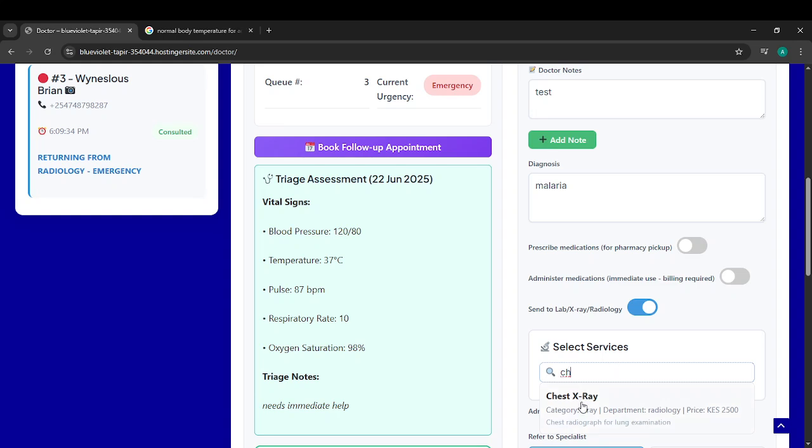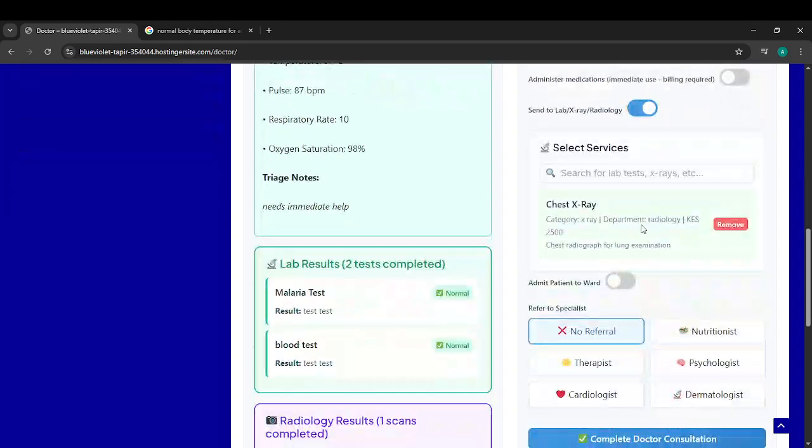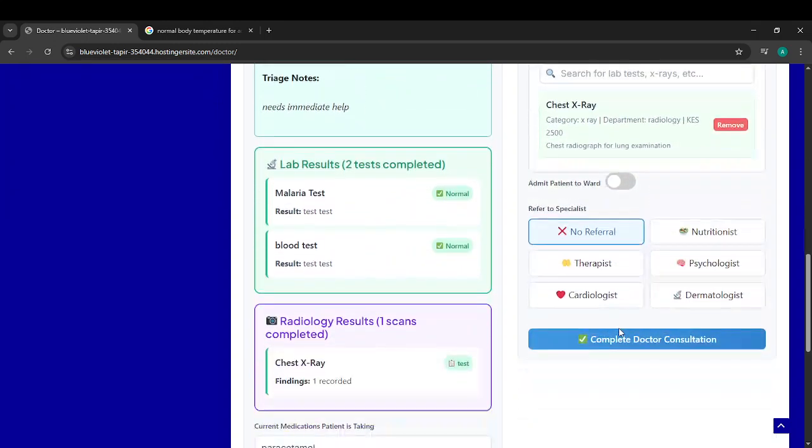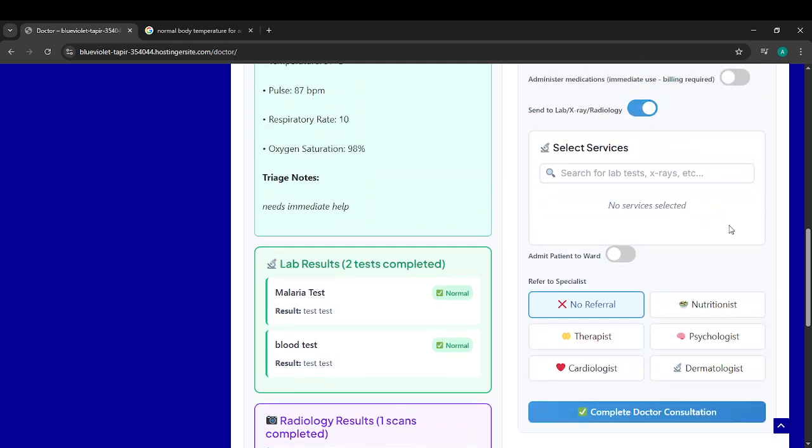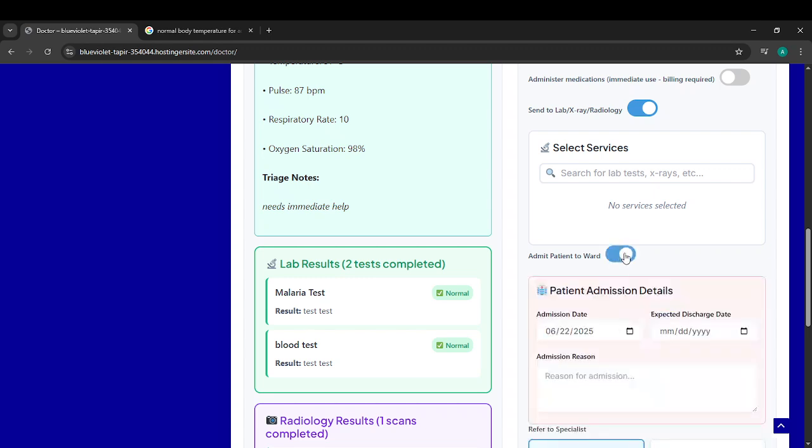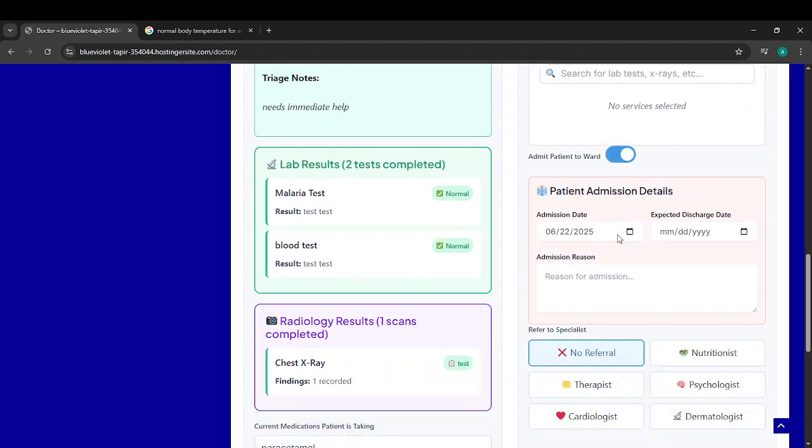So if they want to do a chest x-ray, or if they want the patient to be tested for their chest, they just click on that service, and then when they click complete doctor consultation, the patient will be routed to the lab for that said service. If they admit the patient to the ward, they'll just put the reason for admission. So say needs